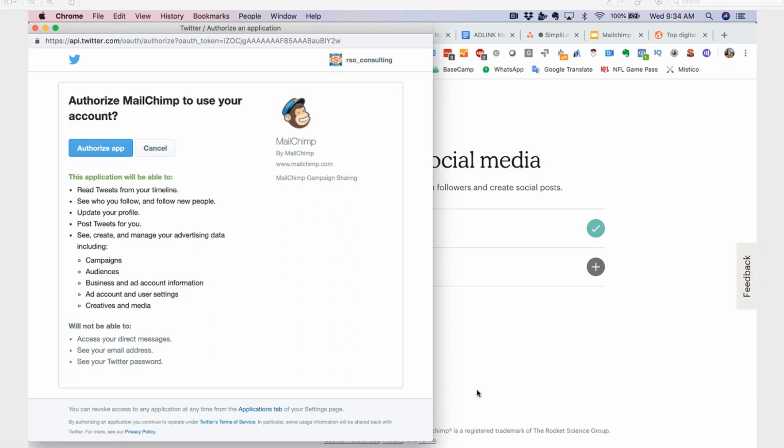Okay, so here you're just asking it to more or less interact with the social platform. And I recommend doing that as you're going through the setup process. Very simple to do. If you're already logged into your Twitter or Facebook account, all you need to do is click on the plus button as you go through the setup wizard and authorize Mailchimp to access your Twitter or Facebook account. Here you can see what Mailchimp's going to be able to do. They're going to be able to read tweets from your timeline, post tweets for you on your behalf if you want them to. You're going to allow Mailchimp to see, create, and manage your advertising data, including the campaigns and